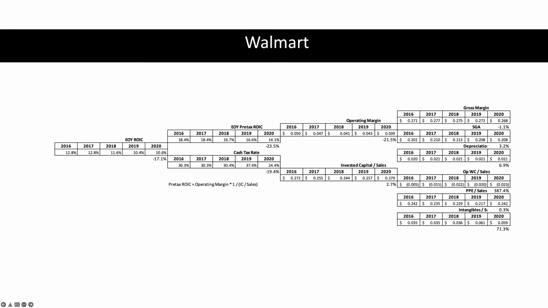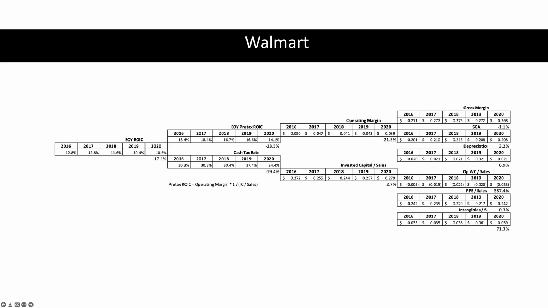Hold on, we're not going to second level, we're just on the first level. Oh, sorry. It's okay. So we thought that because the operating margin decreased 21.5%, that was driving the decline in the pre-tax ROIC,